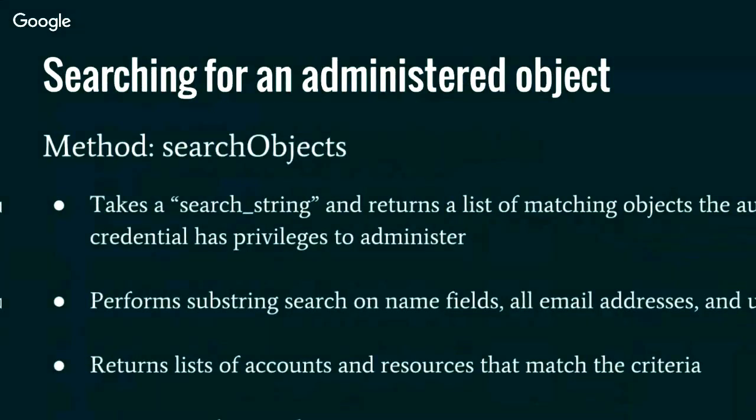And the last method is for searching for administered objects, and this is useful if you don't know exactly what you're looking to administer, but you have a general idea of it. Like for instance, if you have, say, a service desk that has a service account, and you're not sure what